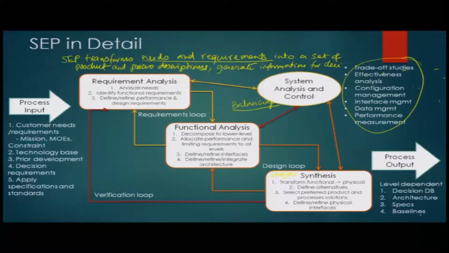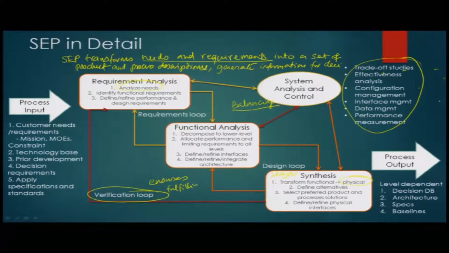In the meantime, one loop that we have not spent too much time on is this verification loop. The reason for this is because we thought it's going to come much later in the whole lecture. But when you do the design synthesis, a lot of the time when you define and refine physical interfaces or when you choose a physical product, you need to verify that the choice meets the needs, because all the time you have to ensure that you are fulfilling the functional requirements. So this loop ensures